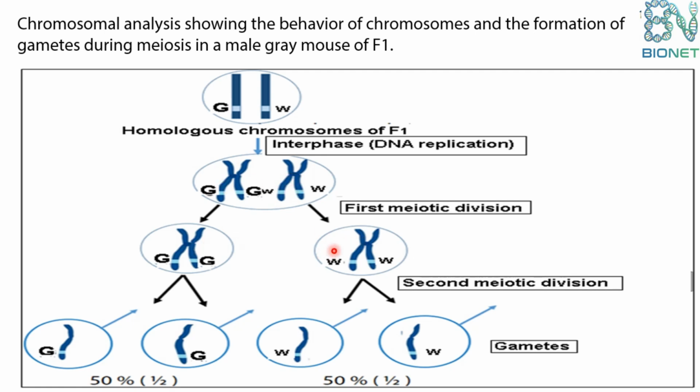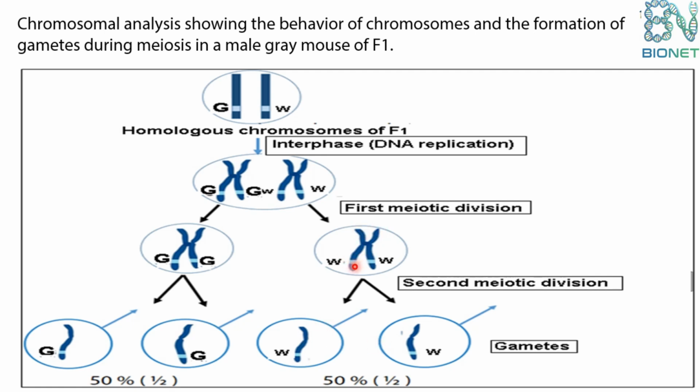During the first meiotic division, the homologous chromosomes separate. So the first cell takes one chromosome and the second cell takes the other chromosome. In the second meiotic division, we have separation of sister chromatids. This chromatid carrying the allele G and this one carrying the same allele will be separated, and each daughter cell will receive one chromatid. Similarly, for this cell, the two sister chromatids separate and each daughter cell will receive one